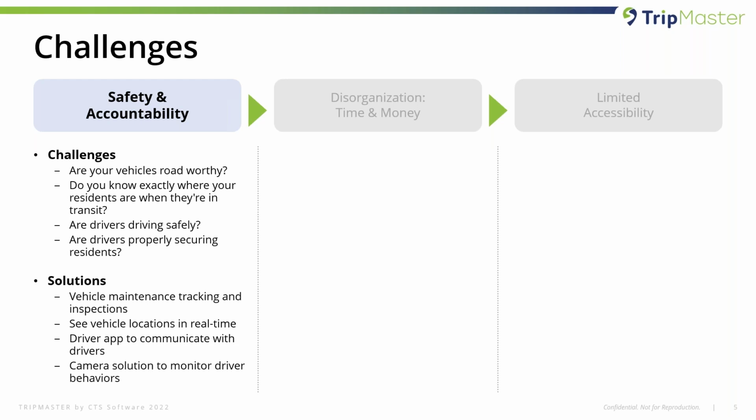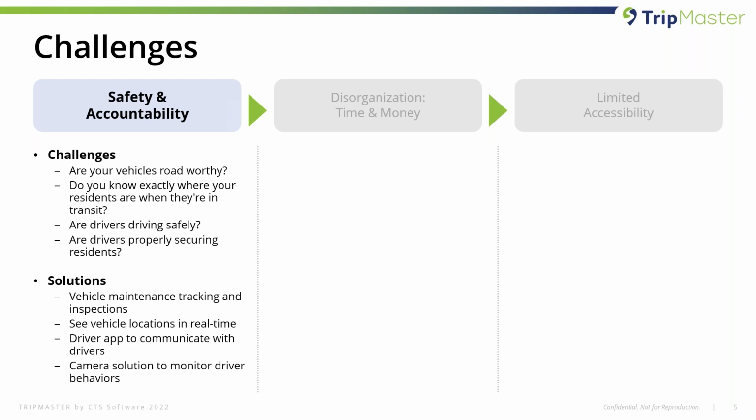So next thing we want to move on to then is visibility. So being able to see where the vehicles are located, making sure that you're able to communicate with those drivers. Adam had touched on both of those, where the last screen he had showed you was the map and you could see where the vehicles are, and he mentioned the messaging, so you can stay in constant contact with your drivers.